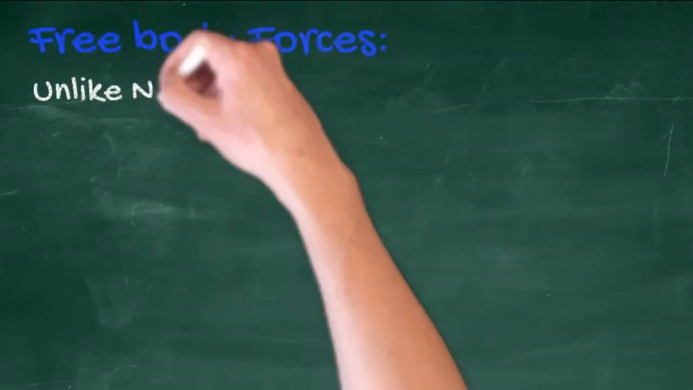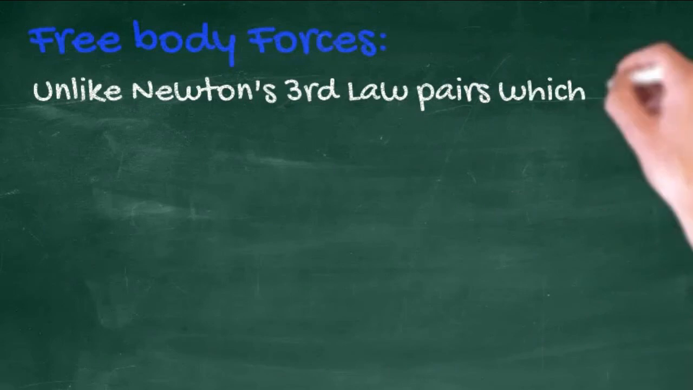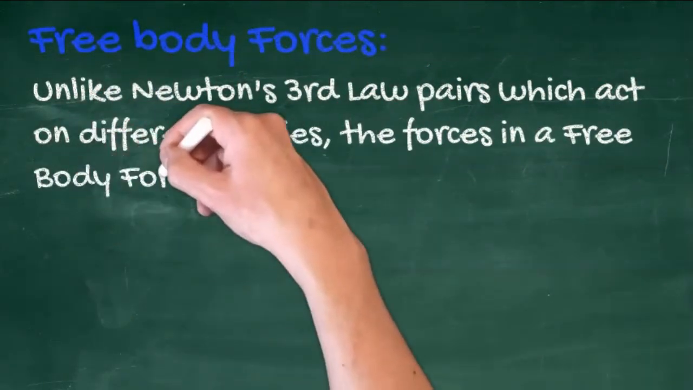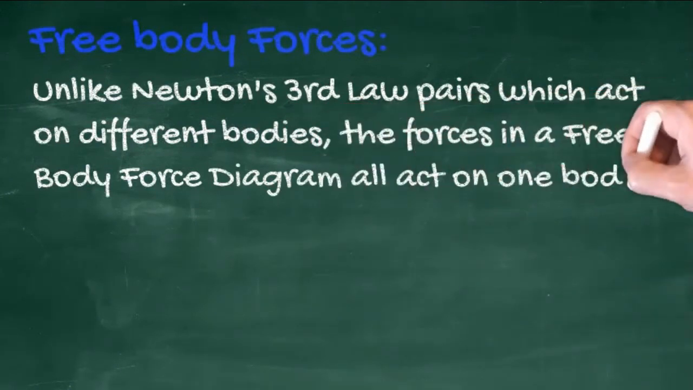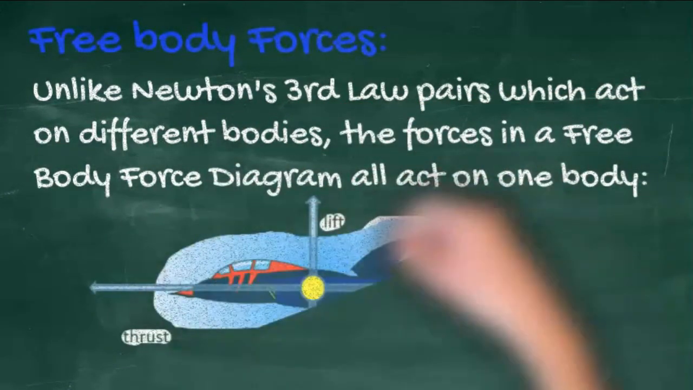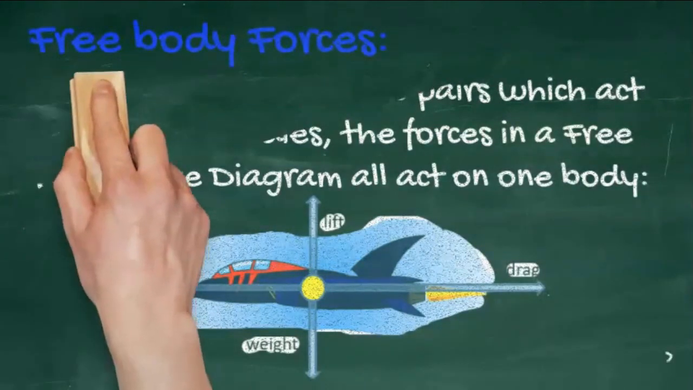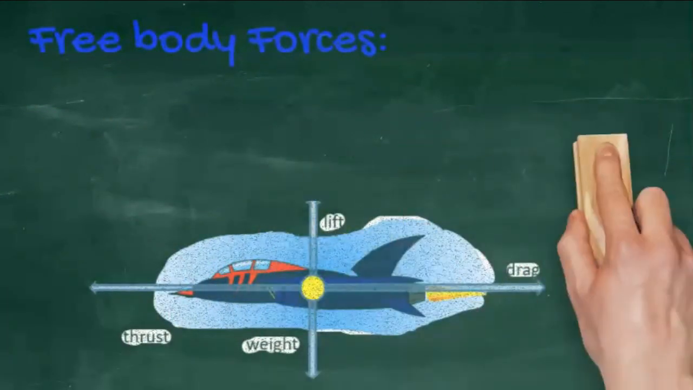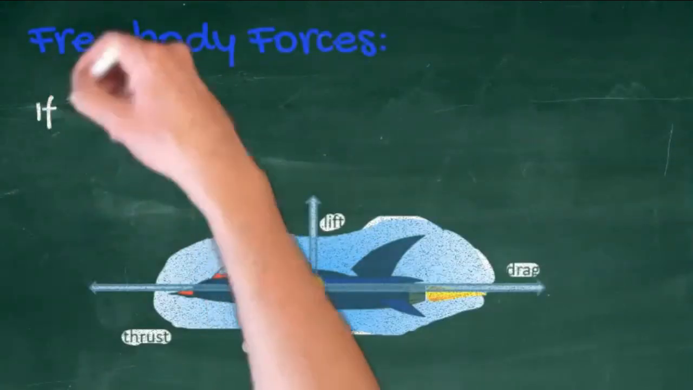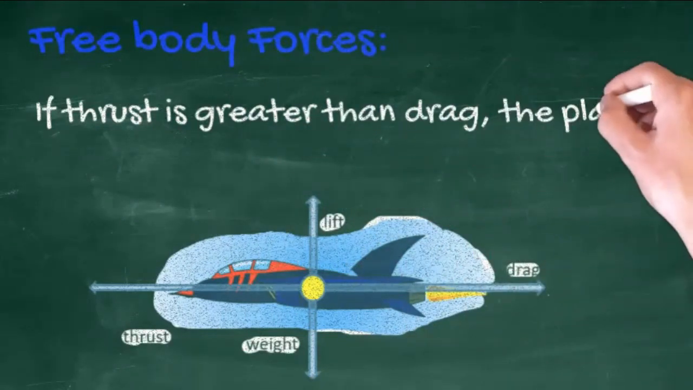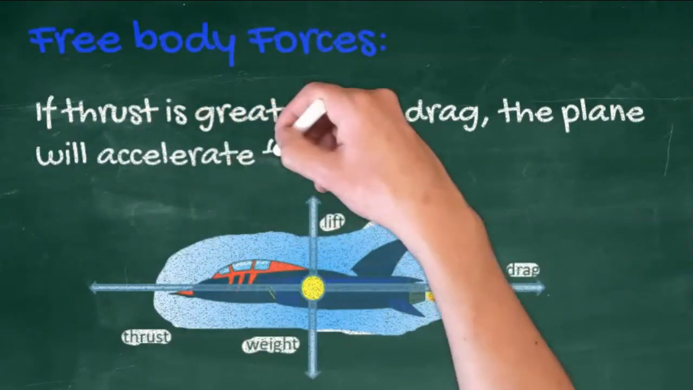Looking at free body forces, unlike Newton's third law pairs, which act on different bodies, the forces in a free body force diagram all act on one body. For example, the aeroplane has 4 forces: thrust, drag, lift, and weight. If the thrust is greater than the drag, the plane will accelerate forwards,